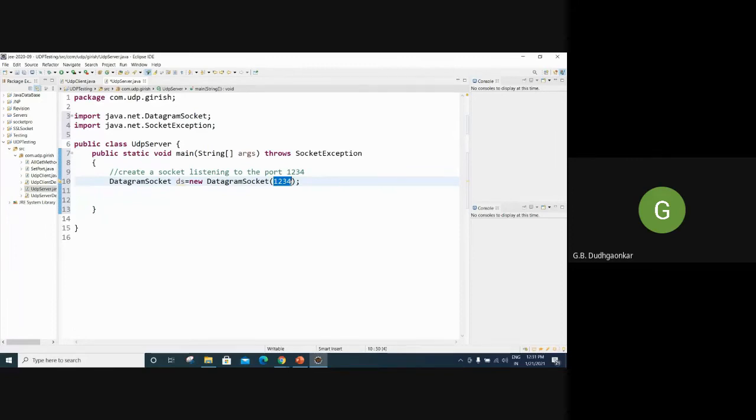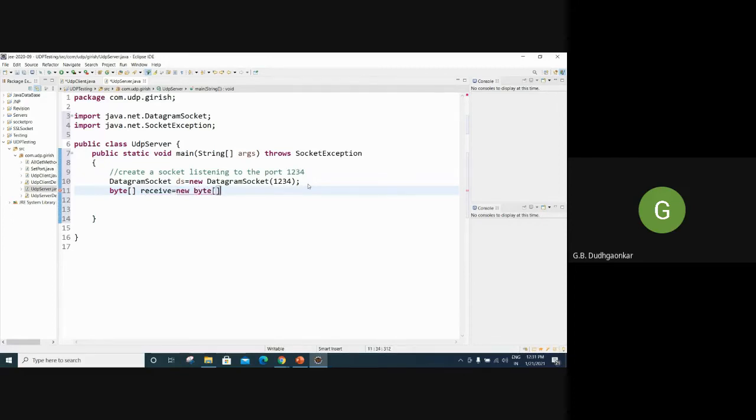Okay. Now we have to create the array so that whatever the client is sending, we can store it. So we are creating a byte type array. Now the size you can give anything.